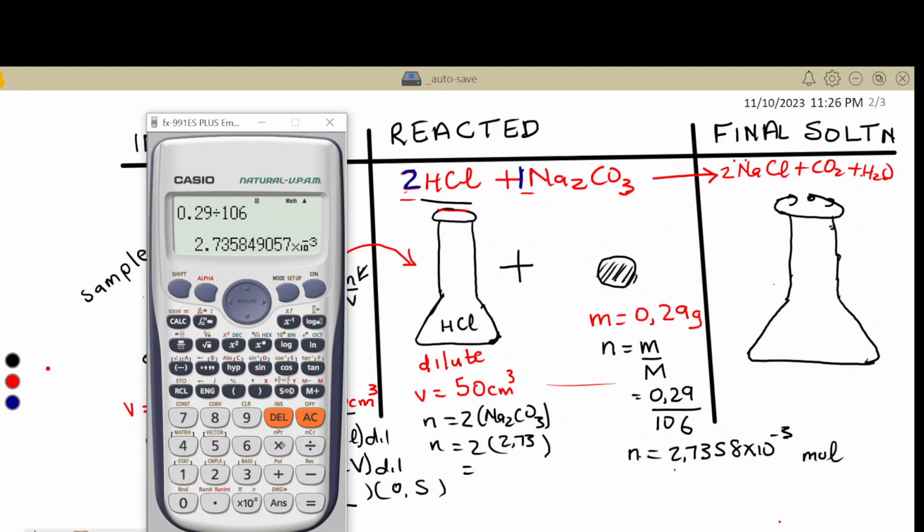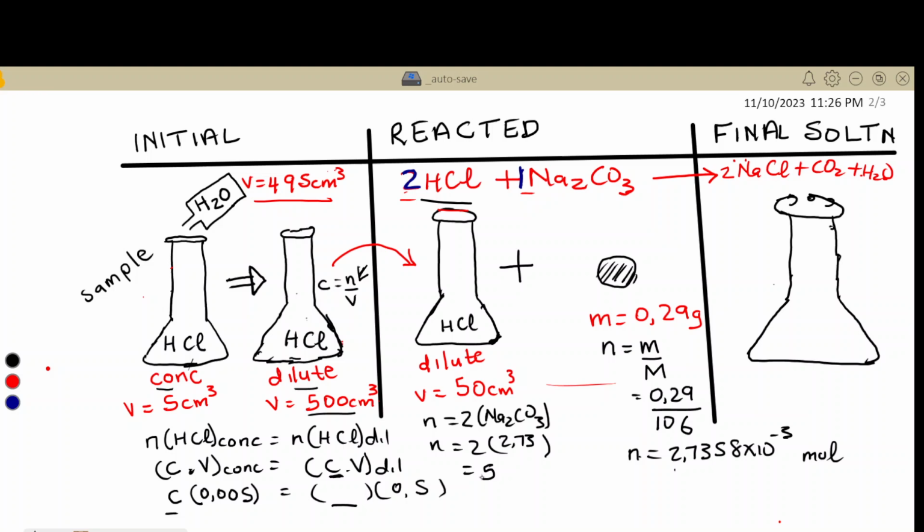So I'm just going to multiply this by 2, then I'm going to get something like 5.472 times 10 to the power negative 3 moles. So this is the number of moles now for the dilute